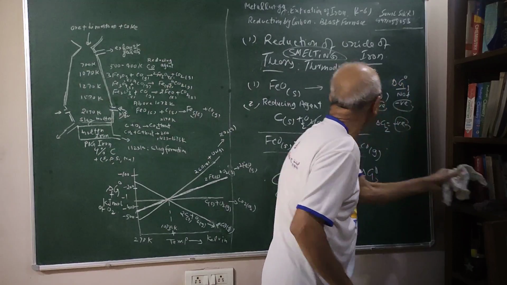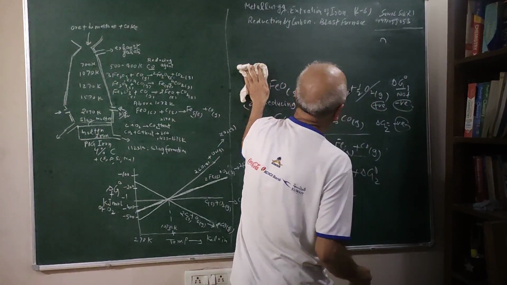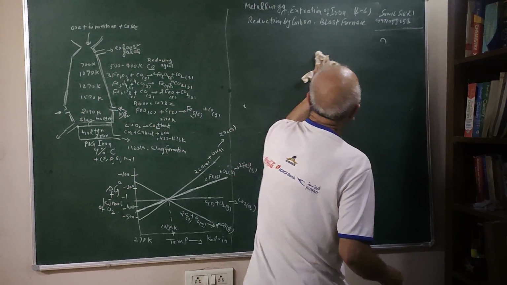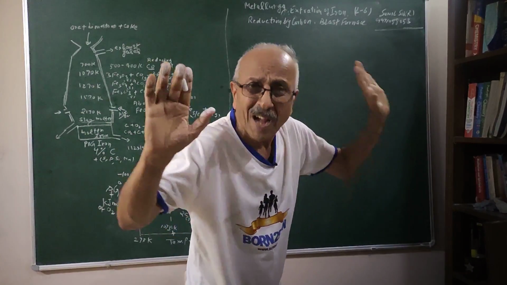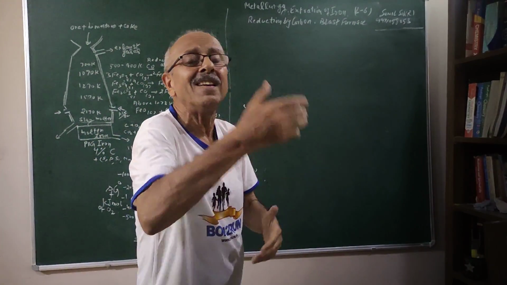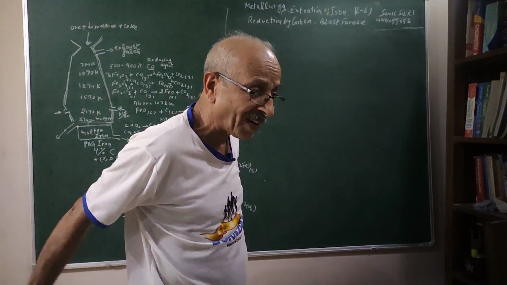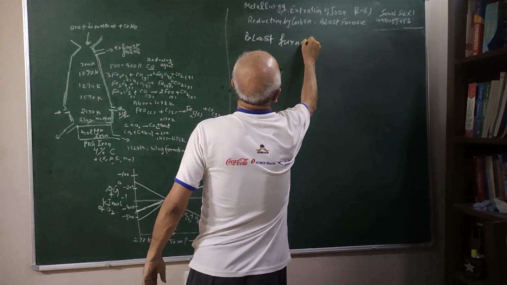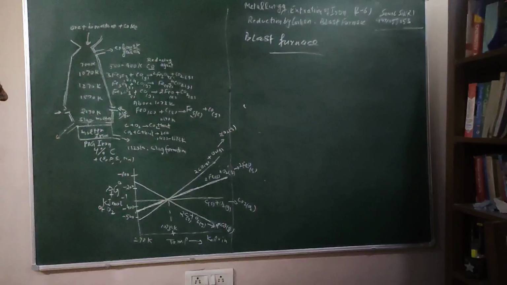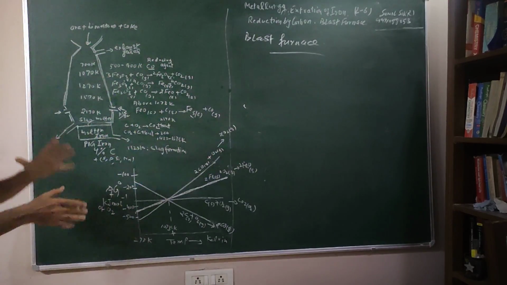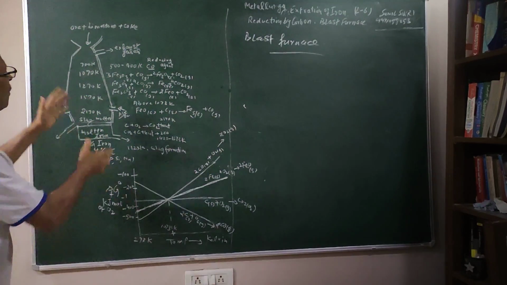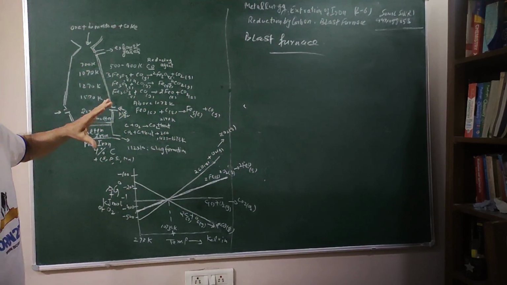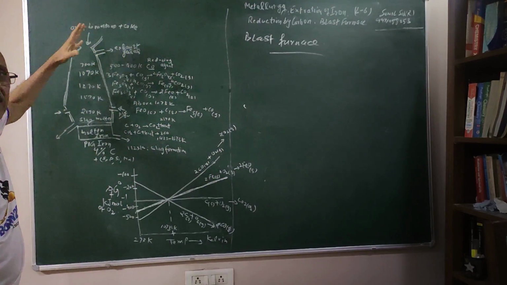Let us see, students, I have already drawn a diagram which is given in the NCERT book, because otherwise it will waste a lot of time for me. The diagram is not going to be asked in the exam, only to see what are the various reactions which are taking place in the blast furnace, because it is a special furnace. Students, here I have shown a diagram of the blast furnace which you can see in any book. You don't have to remember it because it is not going to be asked in the examination. However, what is important is the temperatures at various points.